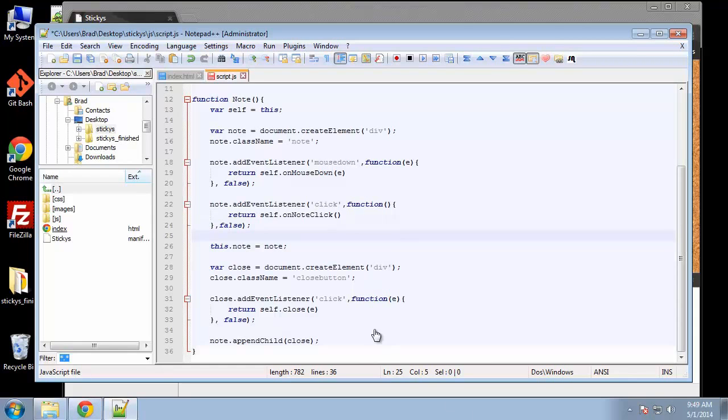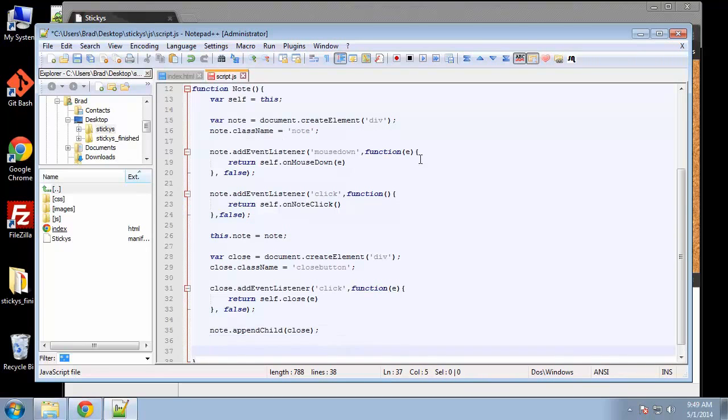So basically we're constructing the actual physical note in this function. We're not done yet. Now we want to create a variable called edit and set that. We're going to create another div, so createElement,